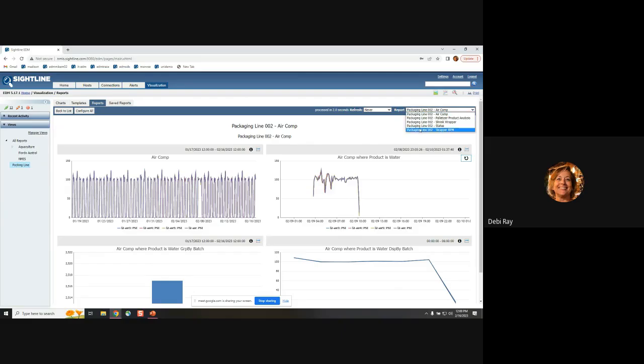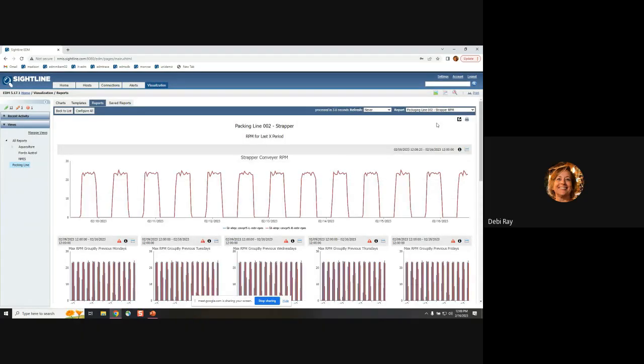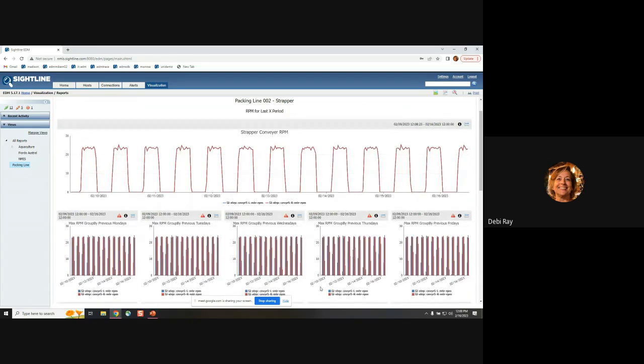And over on the top, instead of going back to the list of reports, I've got just a shortcut here to go to another report in this group. And the packing line, the strapper RPM display from the packing line has a couple of other types of information. A display, in this case, it's done by Thursdays. So I have the entire